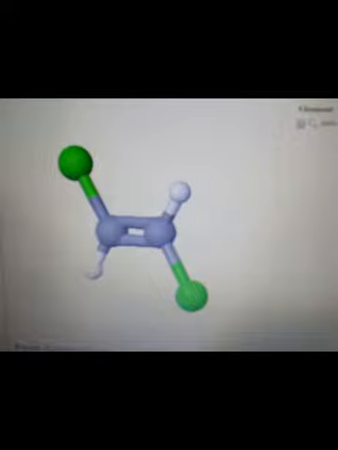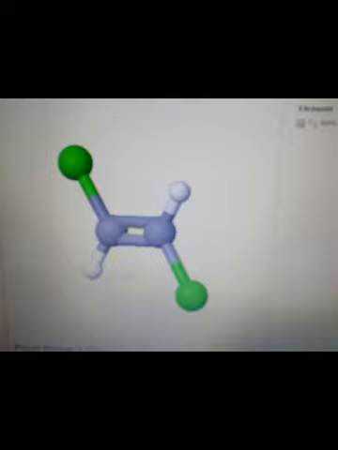Now how that inversion is possible, you can see here. From the center, you can see the replacement of atoms will give you an equivalent structure. This is how we are going to represent the center of inversion. So this is what we have regarding the CnH point group, that is 1,2 dichloroethylene.